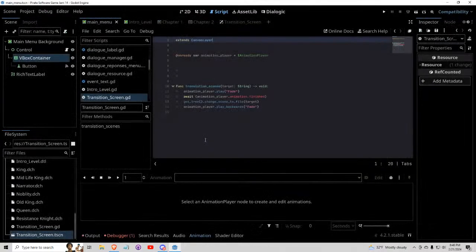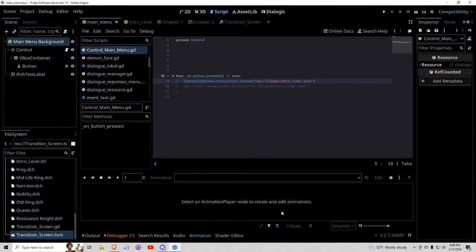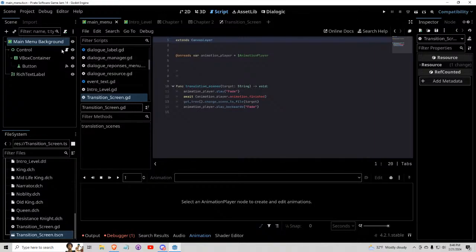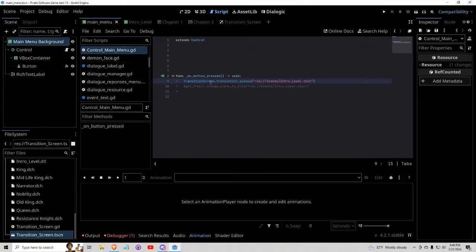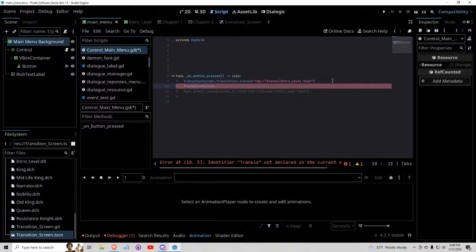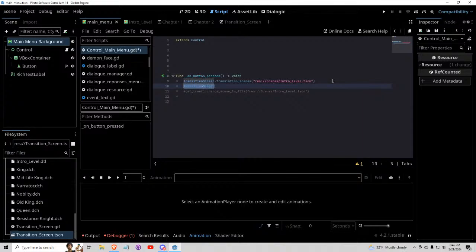Alright. So it's not a singleton. So how am I even calling this in the main menu? Main menu, how do you explain yourself? Okay, I'm calling it, but it's not a singleton. So how am I even calling it? It has to be a transition. Yeah. I don't understand how I'm calling this, but transition scenes dot